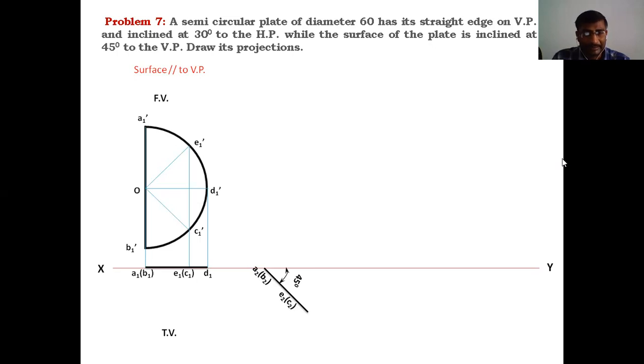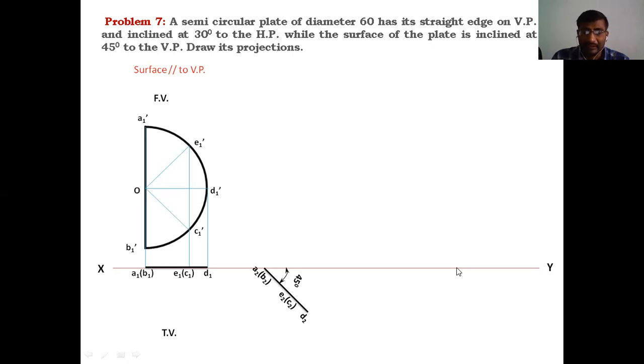Then the second point is E2 of C2 and the last point is D2. These points get suffix 2. Suffix 2 represents the second stage. Suffix 1 is the first stage. After locating these points, how do we locate them? First, locate the point on the XY line. From there itself, locate E2 of C2 at a distance equal to the distance from A1 of B1 to E1 of C1, which must be equal to A2 of B2 to E2 of C2. Locate the point like that. And the end of the line is D2.